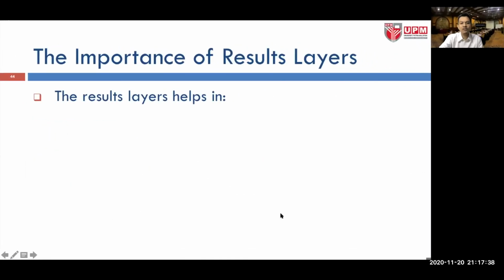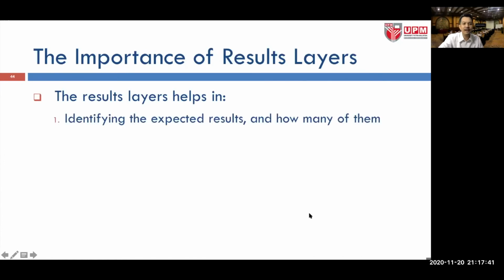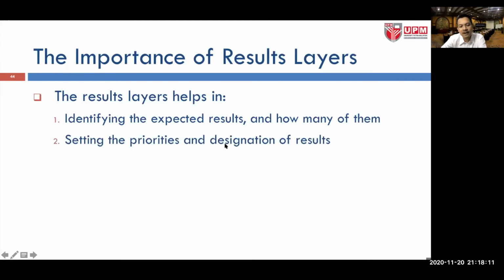Right. The importance of the results layer. The results layer helps in identifying the expected results. How many of them, right? So you can easily say that, okay, I have three design parameters, and for speed just now, I can vary the pressure, I can vary the tire height, I can vary the tire width, that will result in a different speed. So you can see how many results you are going to produce, and setting the priorities and designation